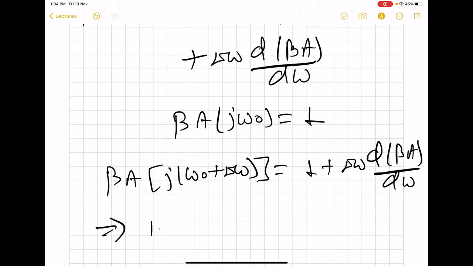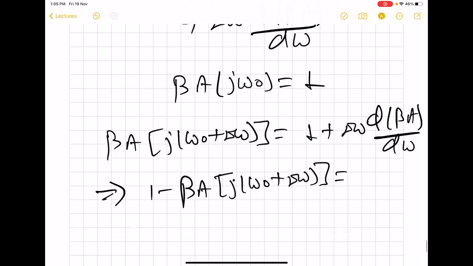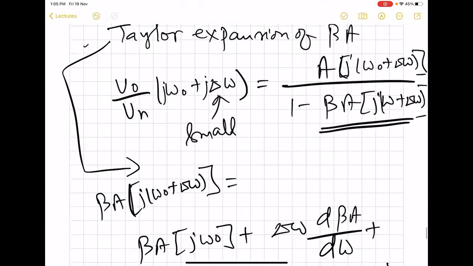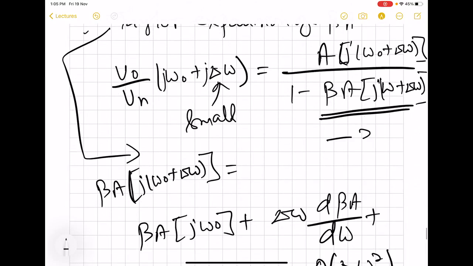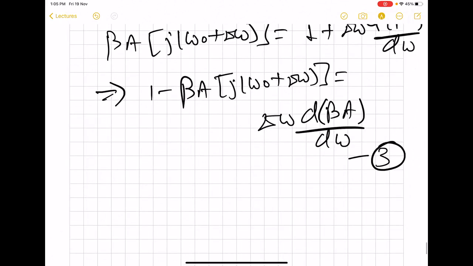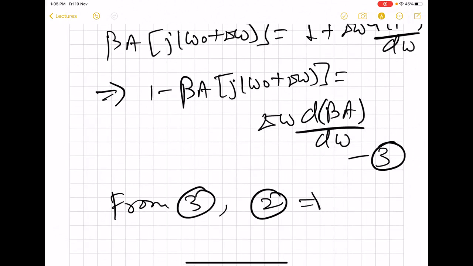So this is 1 minus beta A is equal to delta omega d beta A by d omega. So now we can use this one. Let us first call this equation 2. So 2 can be modified with the help of 3. From 3, 2 becomes